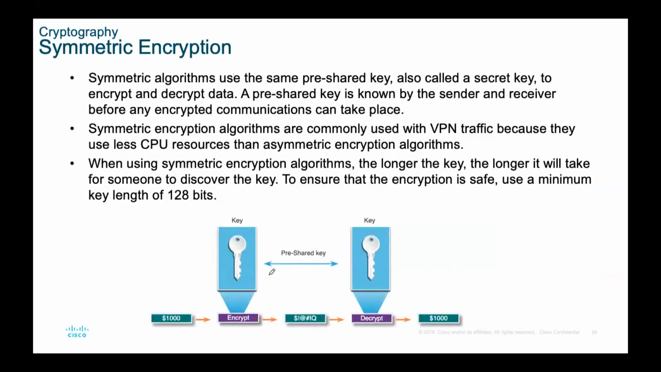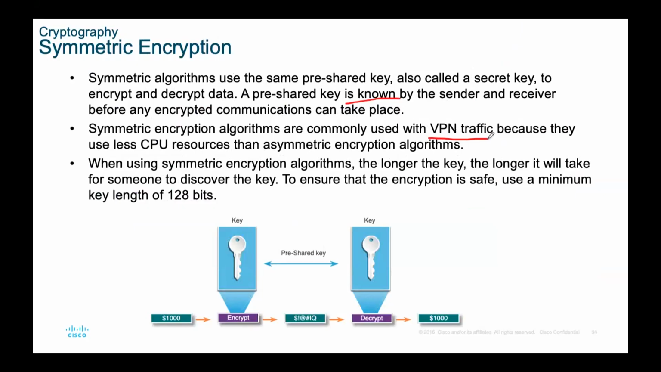Symmetric encryption. Symmetric algorithms use the same pre-shared key, also called a secret key, to encrypt and decrypt. The pre-shared key is known by the sender and receiver before any encrypted communication can take place. Symmetric encryption algorithms are commonly used with VPN traffic because they use less CPU resources than asymmetric